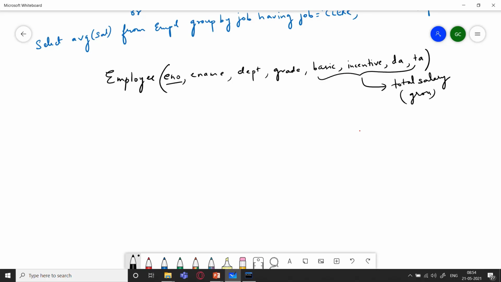So considering there is one such grade, that is, level 2, level L1, L2. So grade is also like there are different grades for a certain post. So we are using that over here. So it would be select.